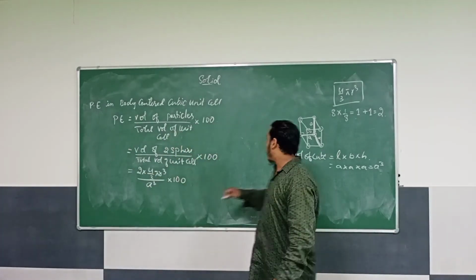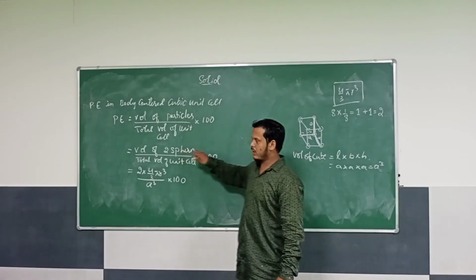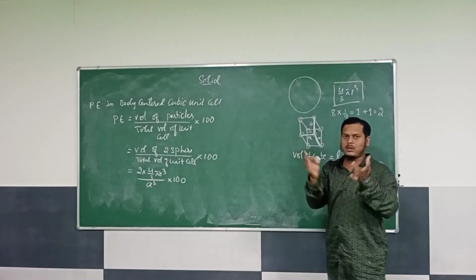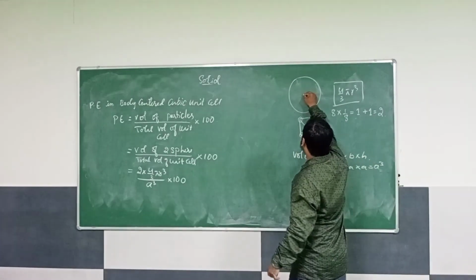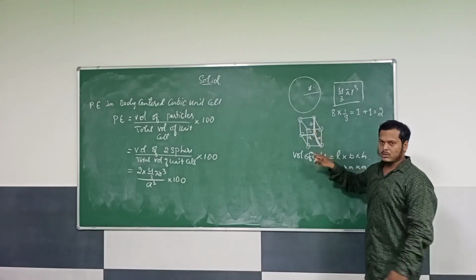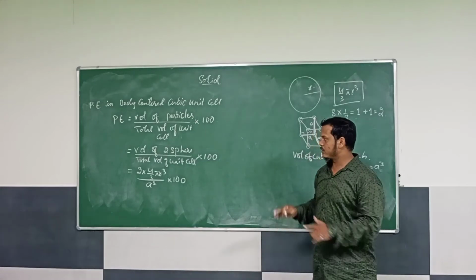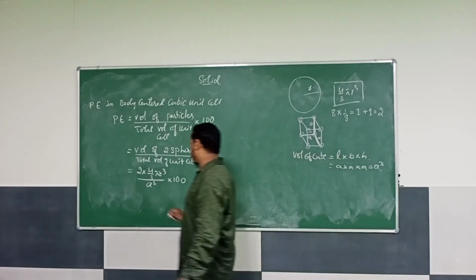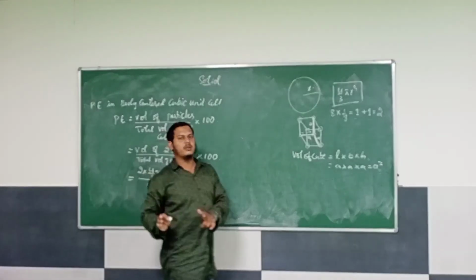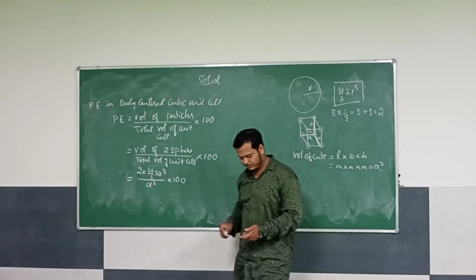So what is r? I have taken this particle as a sphere, which is nothing but a circular one, three dimensional. So r is the radius, and a is my edge length. I need to find the values of r and a. Without that, I cannot solve this. This step becomes very important, that is finding the values of r and a. Without this, you cannot proceed.